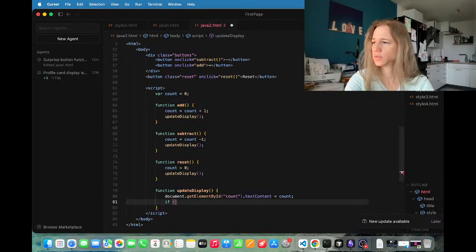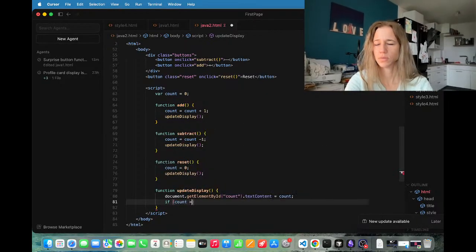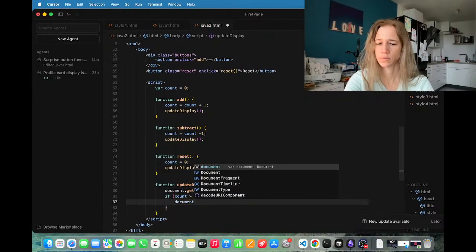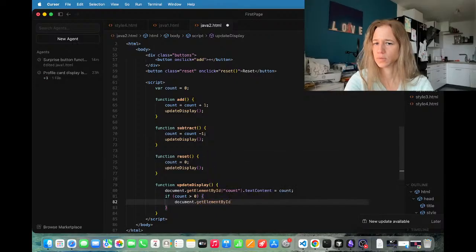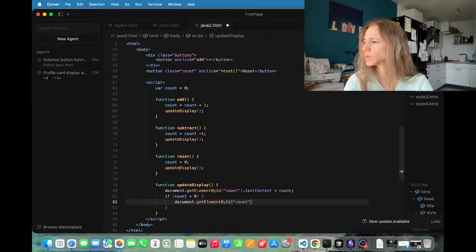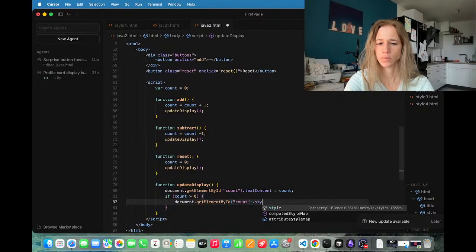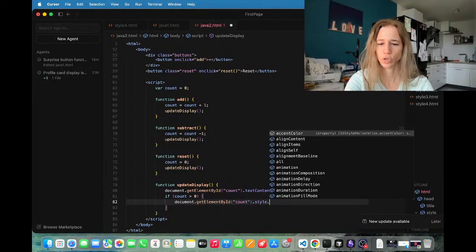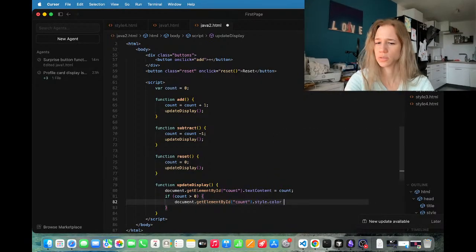If count greater than 0, document dot get element by ID, count, style dot color equals